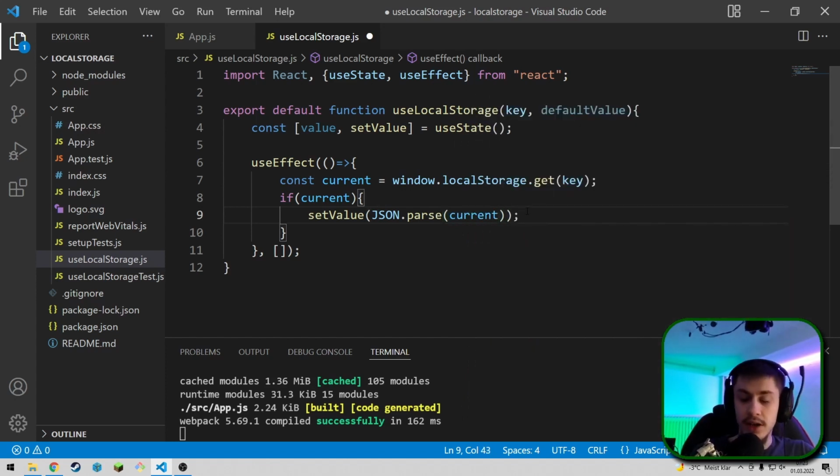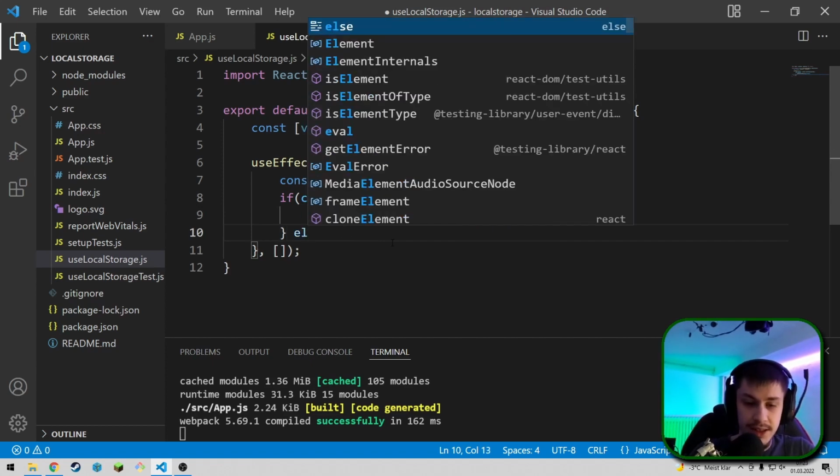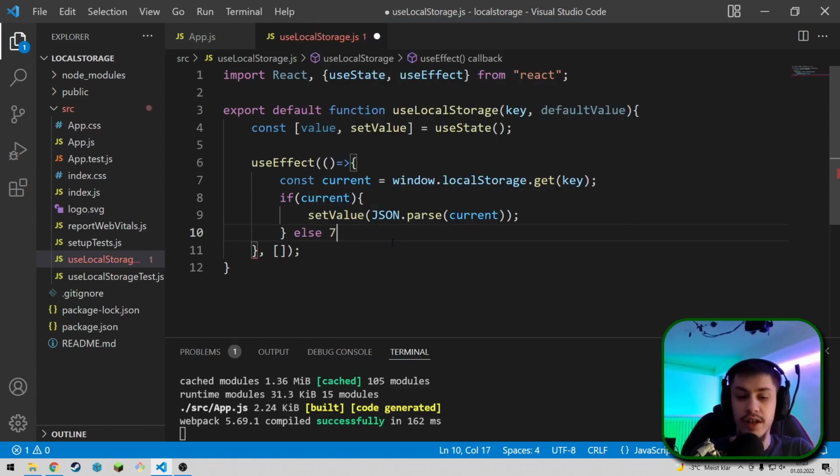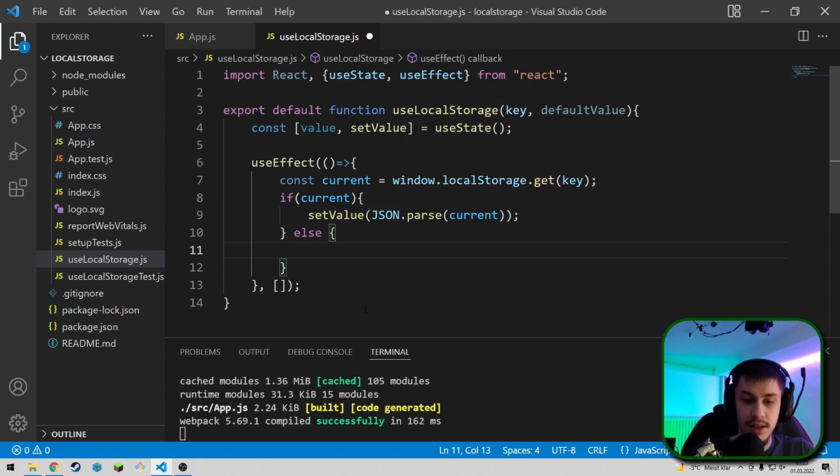The JSON.parse part is necessary because we are actually not going to write pure JavaScript objects into local storage, but we're going to turn them into a JSON string before, just to enable better compatibility and prevent some errors. So else, so if the value actually didn't exist in local storage, then we are of course going to say